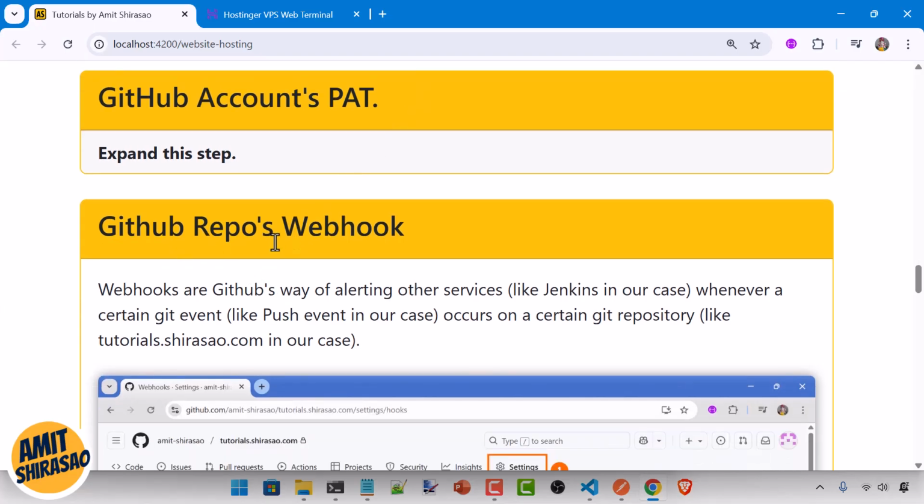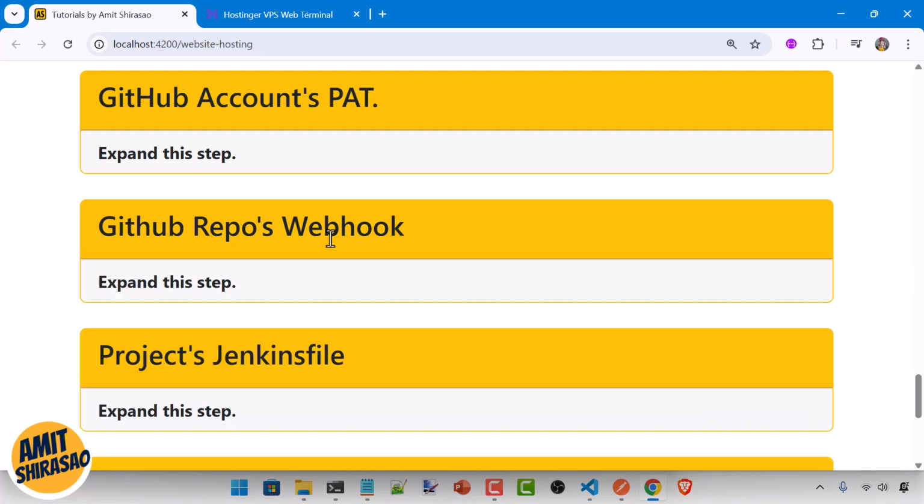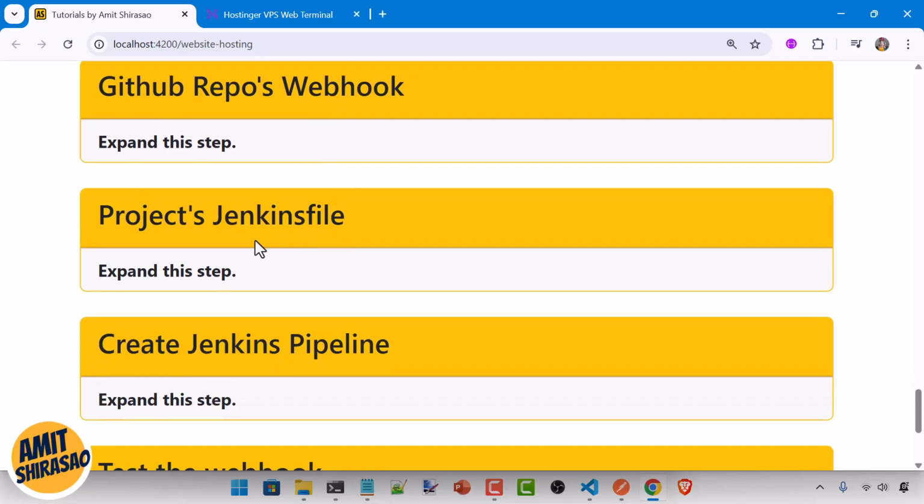Then GitHub repo webhook. So create a webhook in every repo which you want, so that its pipeline gets triggered every time you push any code to a certain branch, like let us say the master branch, then that pipeline should be triggered. So for that you need to create a webhook, and you have to go and have the project's Jenkinsfile,